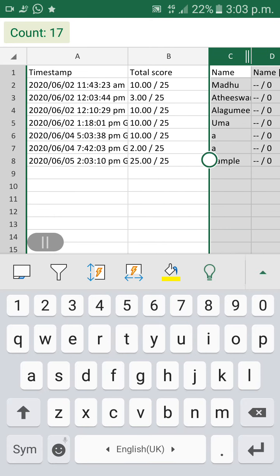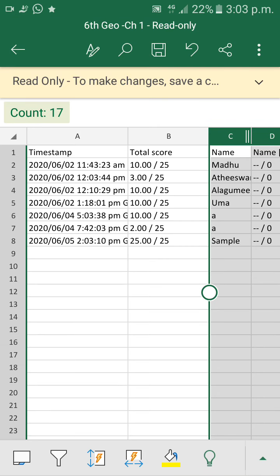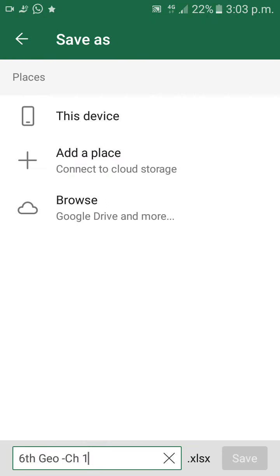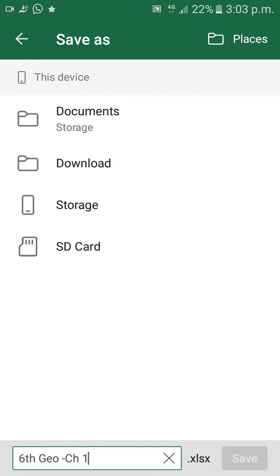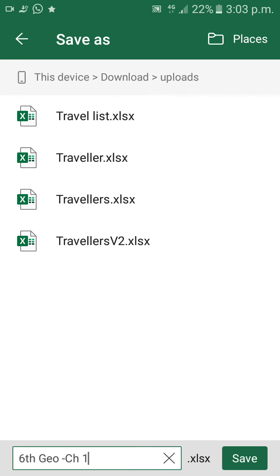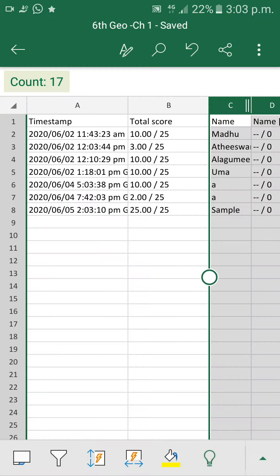So you can take screenshots and show them to your students. If you want this for the future, you can save this file on your mobile and keep it in your mail.